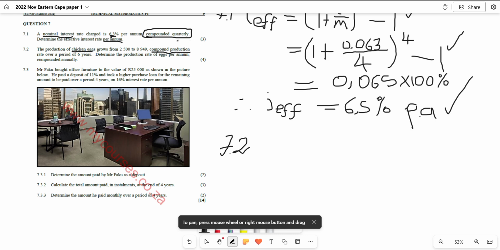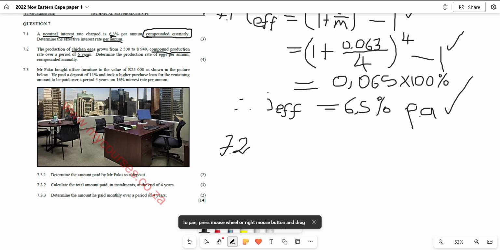Therefore, this one tells you which formula you are going to use for answering this question. The key word here is compound production. It means you are going to use a compound interest formula. And it says compound production rate over a period of what? Of 6 years. Meaning that the production of chicken eggs grew from 2,500 to 8,000 over a period of